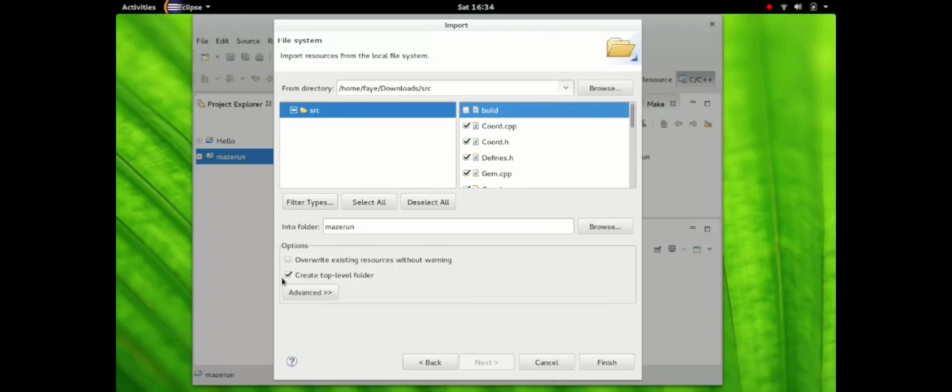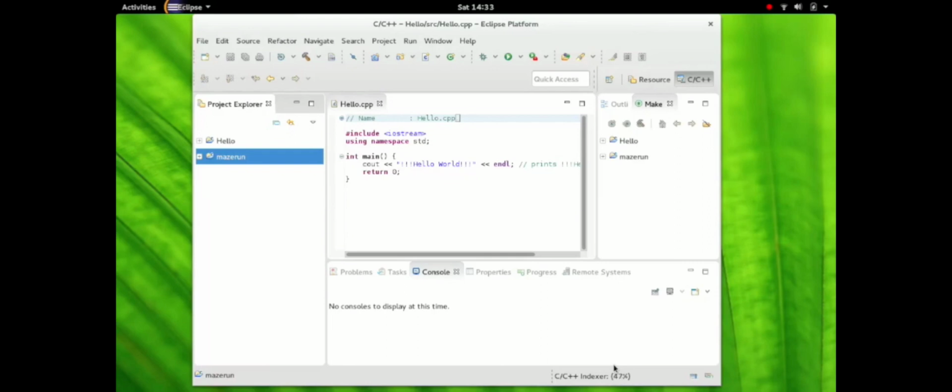Finally, make sure that this create top level folder is checked. This is important. Don't forget to do this. It keeps our source files nice and neat in a folder within the Eclipse project. Then click Finish. Now if we have a look under our Maze Run project and expand the source directory, we can